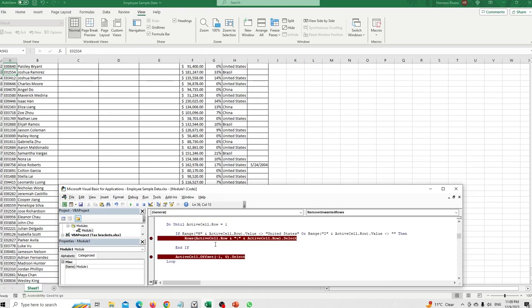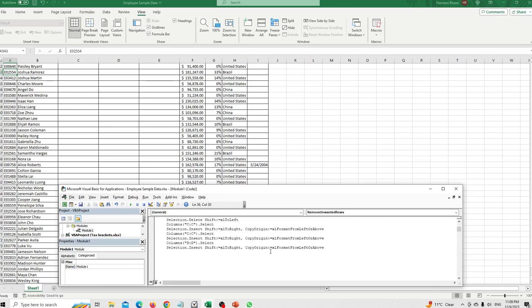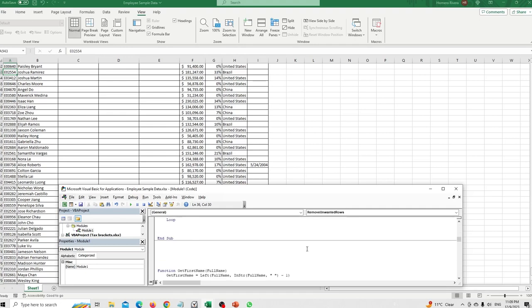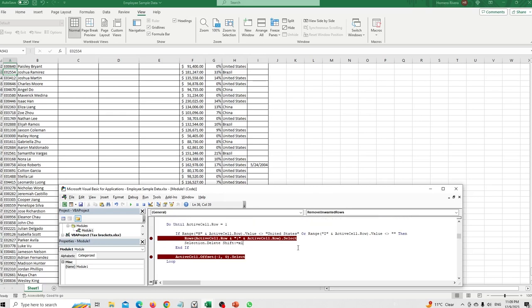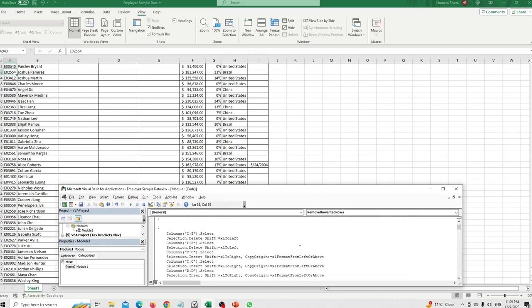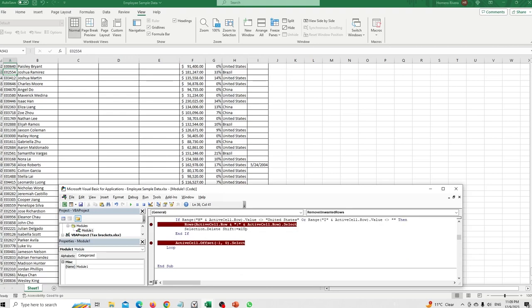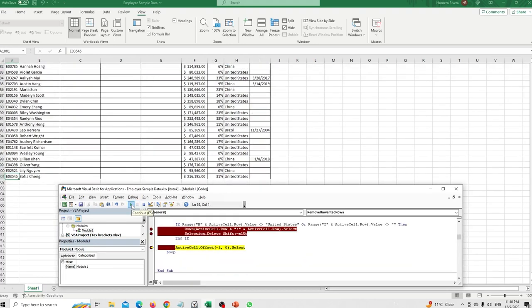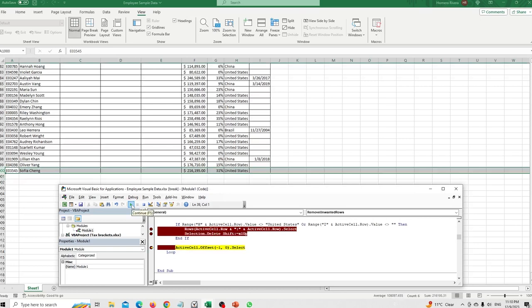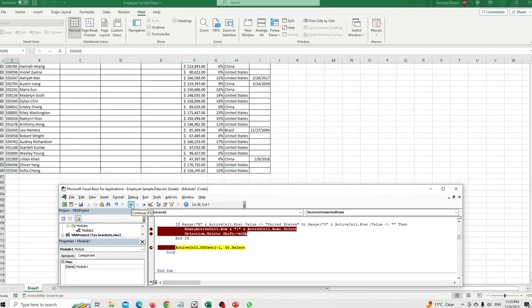So I'm going to do Selection.Delete Shift. I don't need to memorize this. Remember that we manually recorded. Shift xlToUp, probably. Let's try it. Let's just try it. It will fail if something's wrong, but bang, gone,